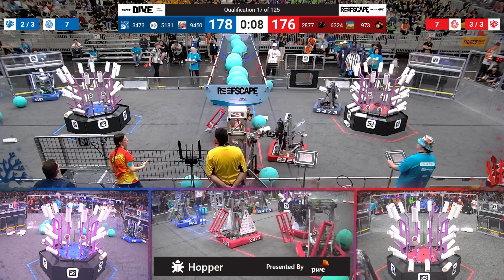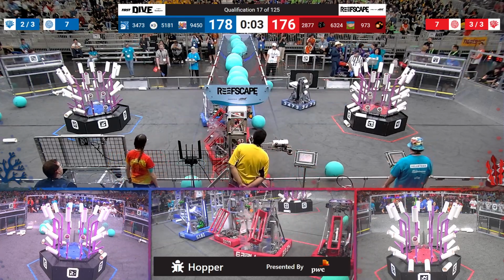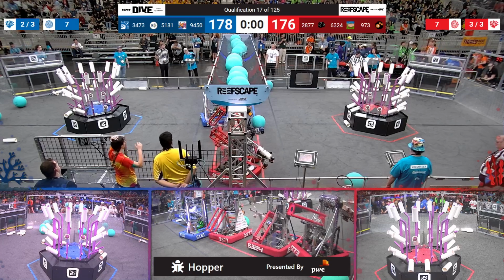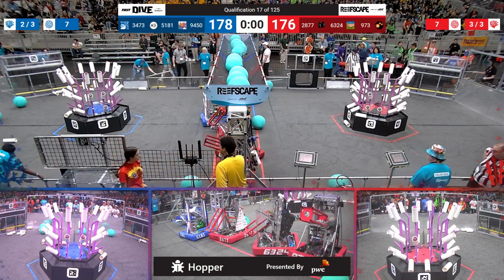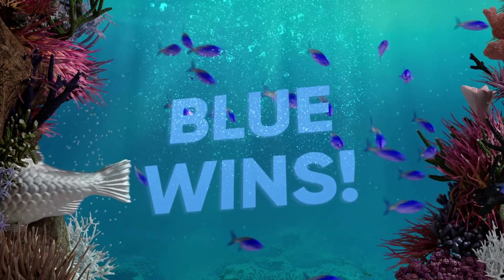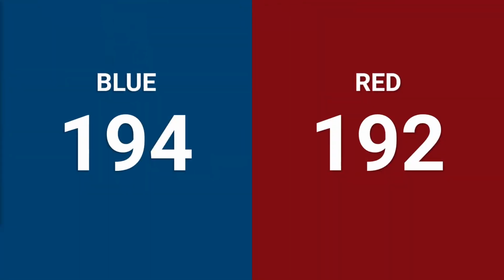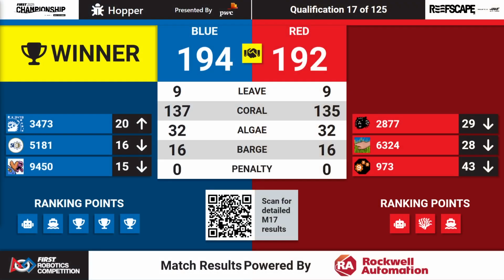With 10 seconds remaining in the match, the Blue Alliance pulls ahead momentarily. We've got robots in the barge zone. First up off the ground is blue. That's Velocity Raptors as time expires in match 17. Points is the Blue Alliance. 194 to 192 for that Blue Alliance. Very well matched teams. It looks like just 1 extra piece of coral for the Blue Alliance is